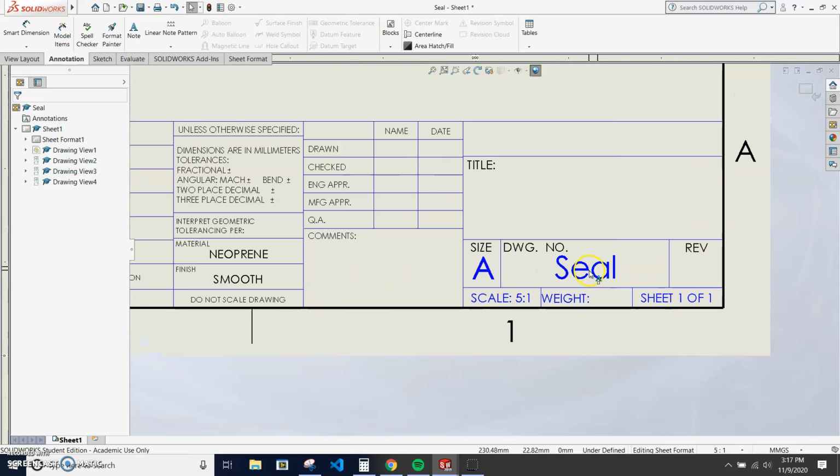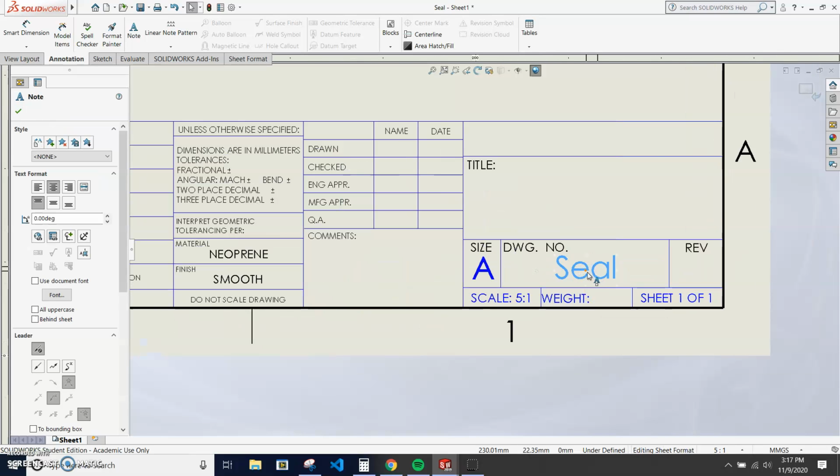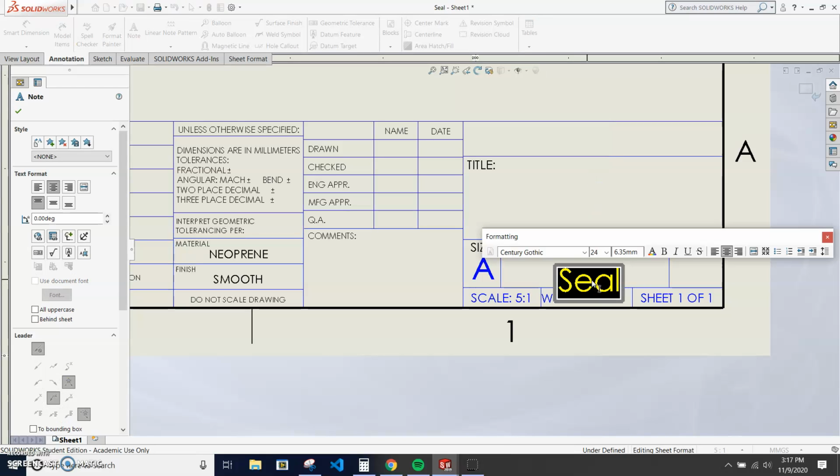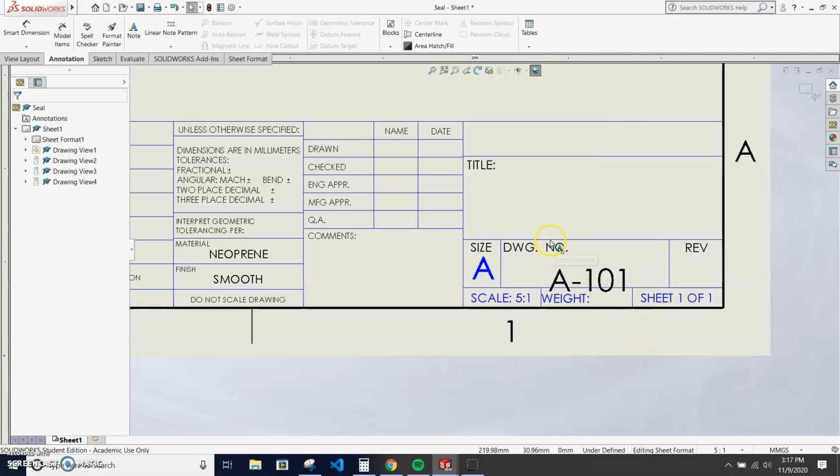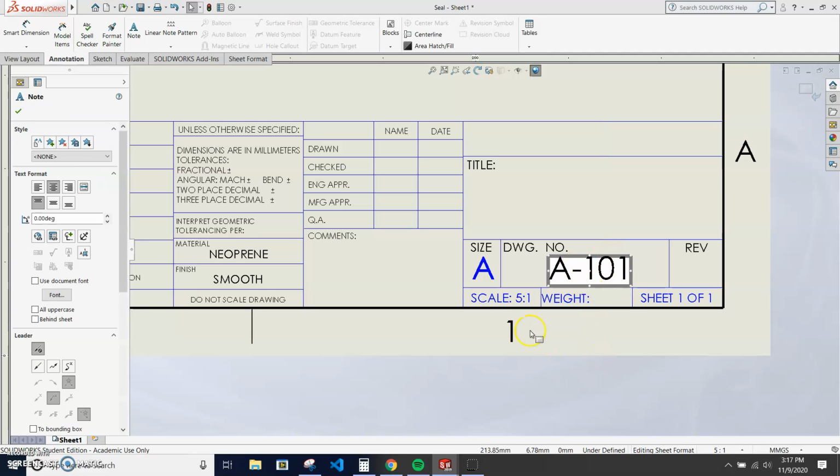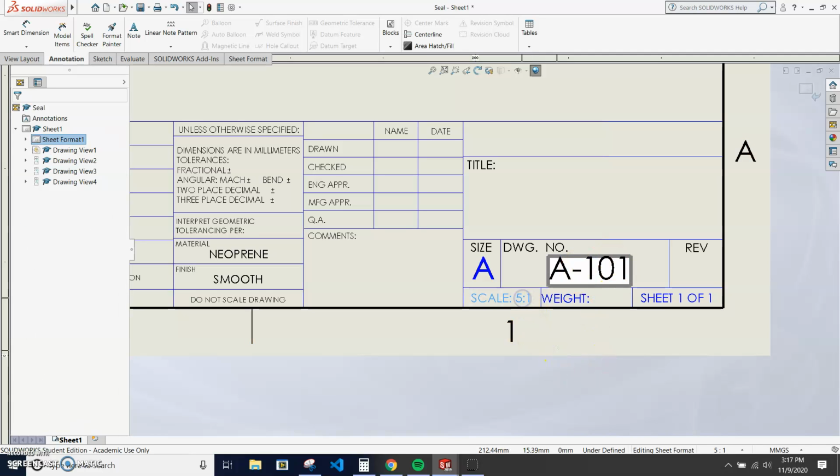Okay, and then for seal, I think it makes more sense for that to go in the file name. I'm just going to call this, since it's a drawing, A-101, right? Because this is under drawing number. So a lot of times they'll name their files by the drawing number. Over here we want to see